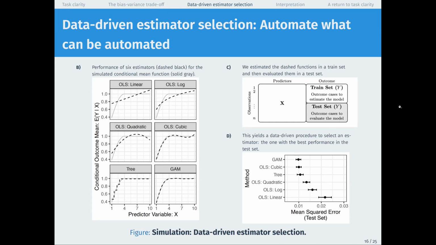So the notion of using a train test split is an extremely powerful notion because it helps us resolve among the many candidate estimators we might use. I think it also makes it easy to pivot from classical statistical estimators and toward machine learning estimators, because when you have a given predictor set and a given outcome, it's not really clear why you would prefer one algorithm over the other. And this is a way to actually just try them and empirically see what's doing the best.